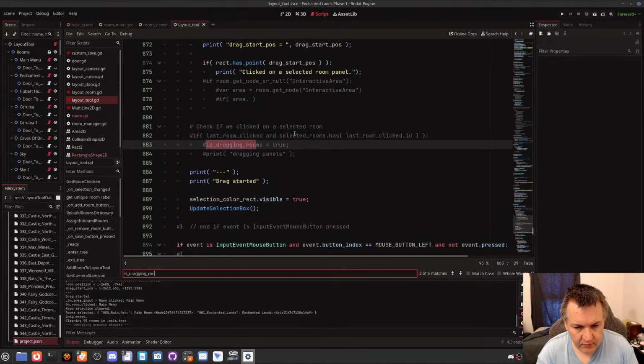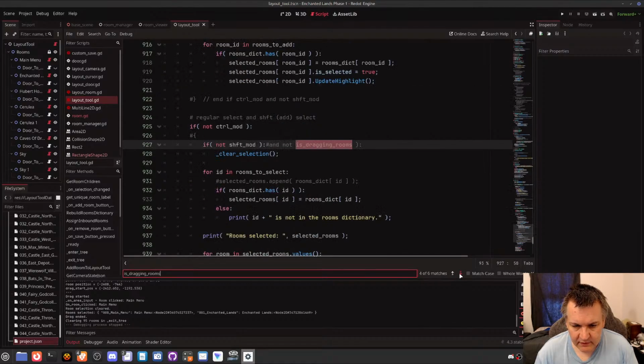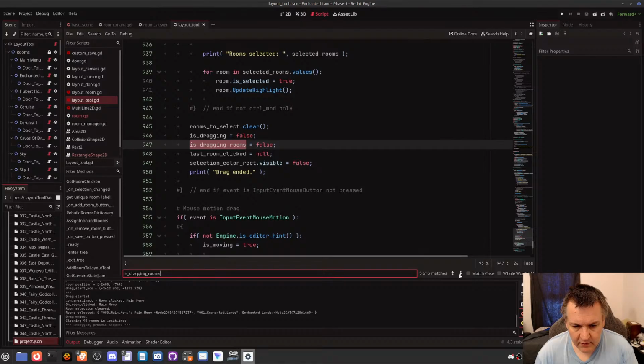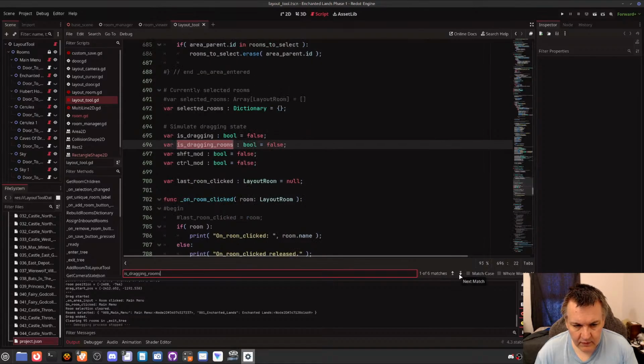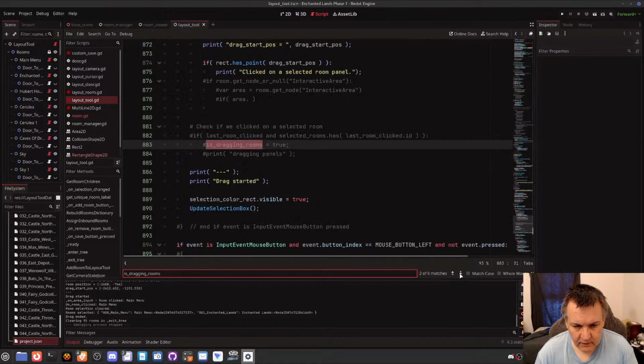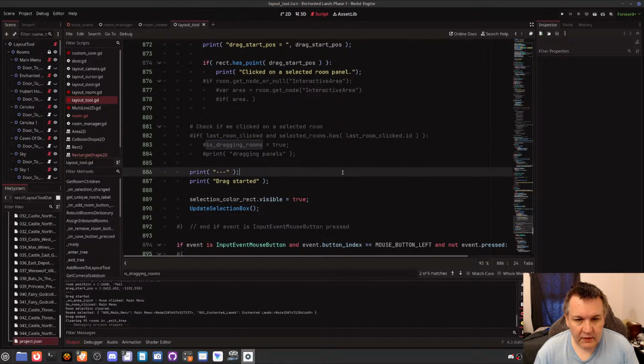So I didn't actually remove it, but I did comment it out. Is dragging rooms is false. Is dragging rooms is false. All right, so